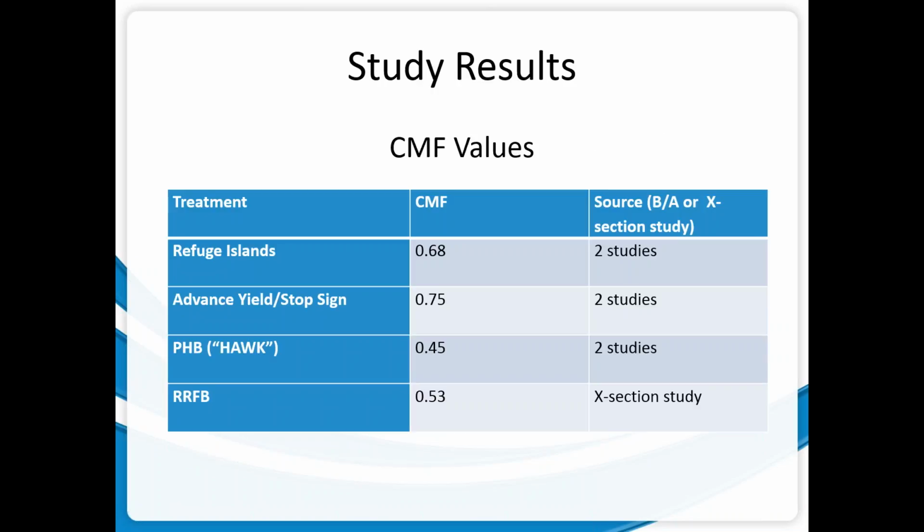So, if we have a drum roll, then we know what the answer is. The answer is we are actually able to develop CMFs for all 4 of these treatments. If you look down the list, you can see the treatment type on the left, the CMF in the middle, and whether we arrived at that CMF from one of the studies or both. You can see we used both analysis types in arriving at 3 of the CMFs, and just the cross-sectional analysis for the CMF for the RRFB. So if you look at those CMFs,